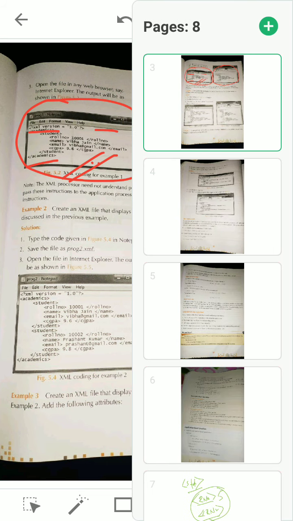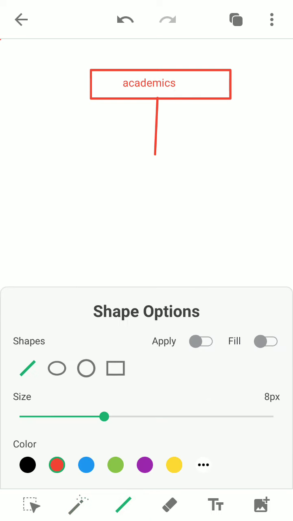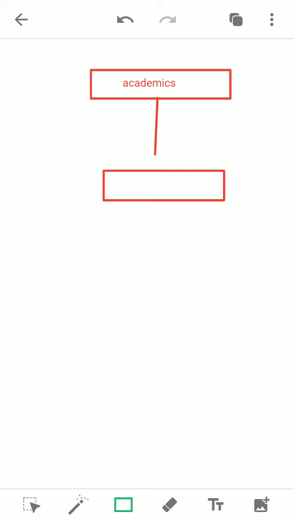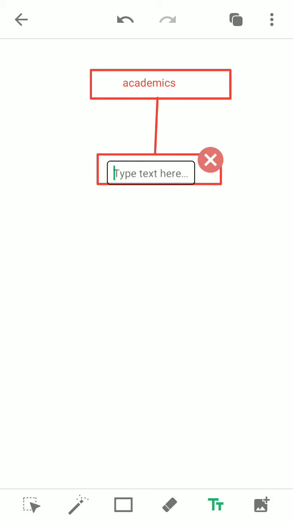After academics, you must draw student. Here it will come: student.